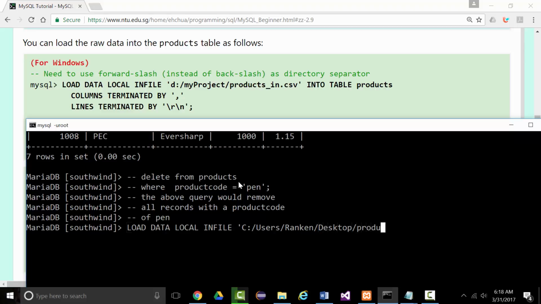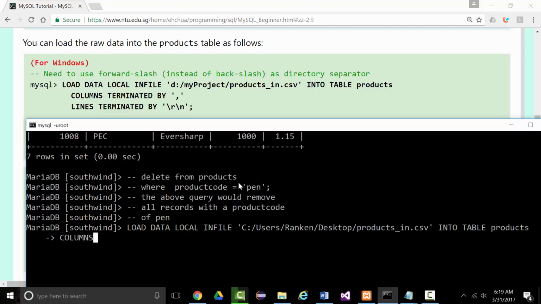And that's products_in.csv into table products